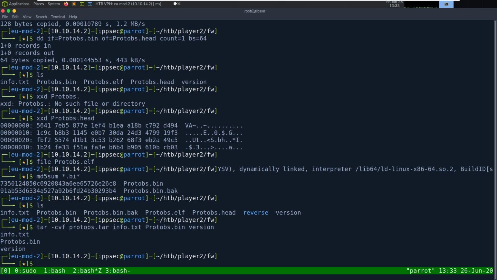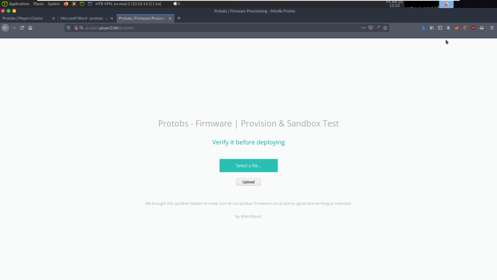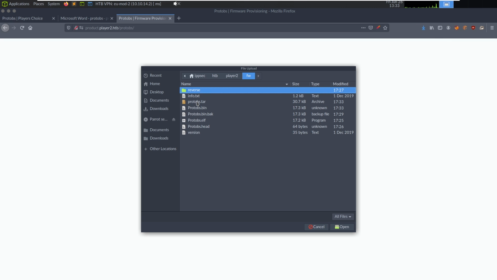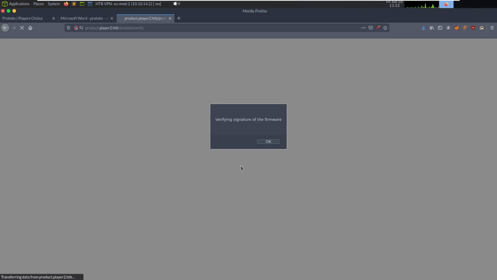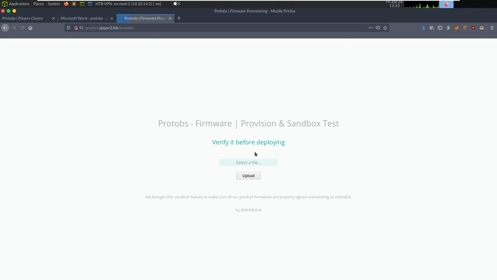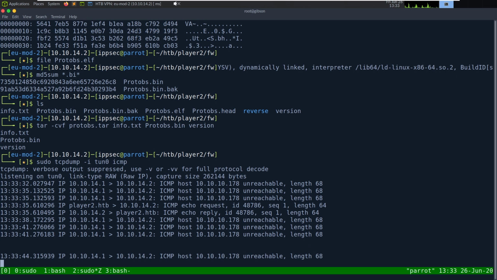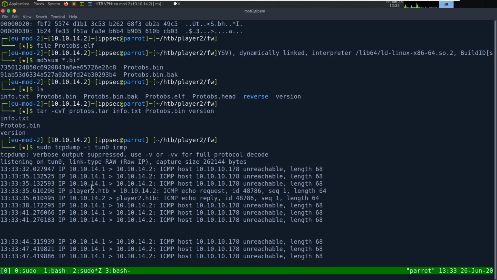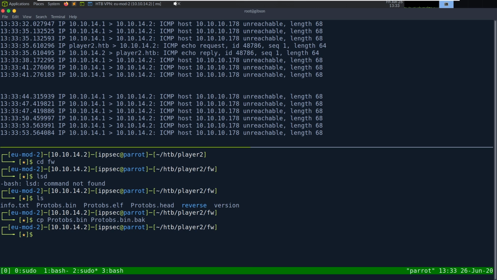Tar this back up. sudo tcpdump -i for interface tun0 icmp. And we can upload. Upload it. And we get a ping. Several times. Oh God. Am I pinging? I don't know what I did, but